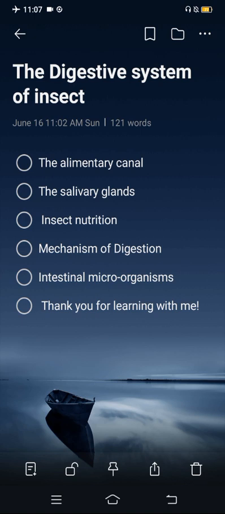The foregut starts with a true oral cavity or mouth, and it is differentiated into various parts such as pharynx, esophagus, crop, and gizzard or proventriculus. All these structures differ in morphology as well as in function. The pharynx is provided with a pair of